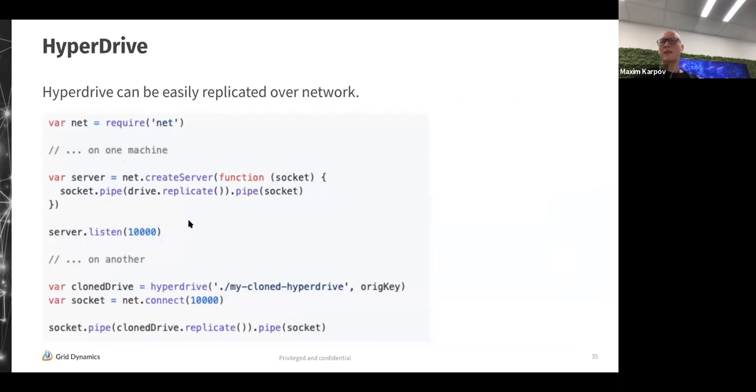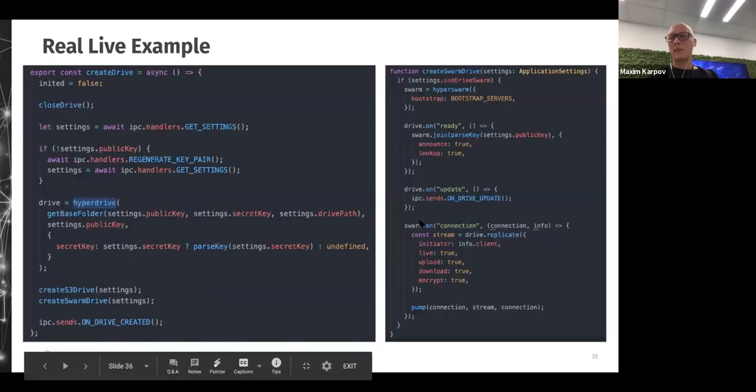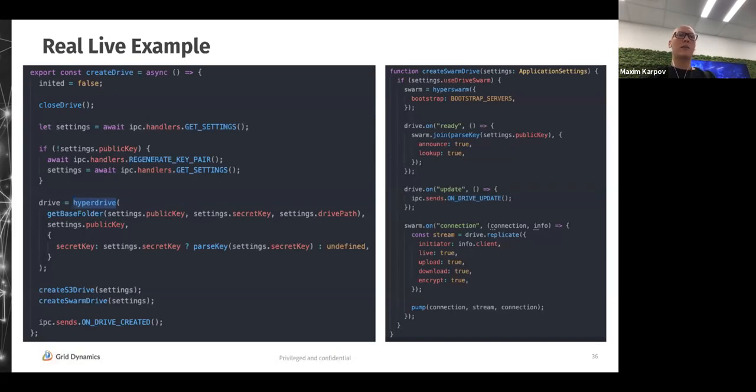HyperDrive can be easily replicated over the network, but not with the swarm. You can replicate it from one peer to another peer. So you have a strict connection, a socket connection or something, or polling. And you can use it with a swarm. This is the real-life example. I have taken it from the code, from the project. At the left of the screen,